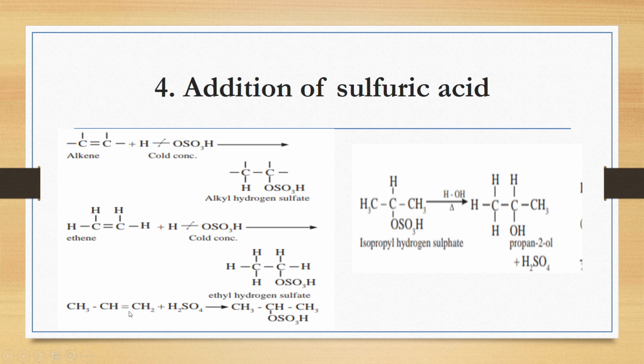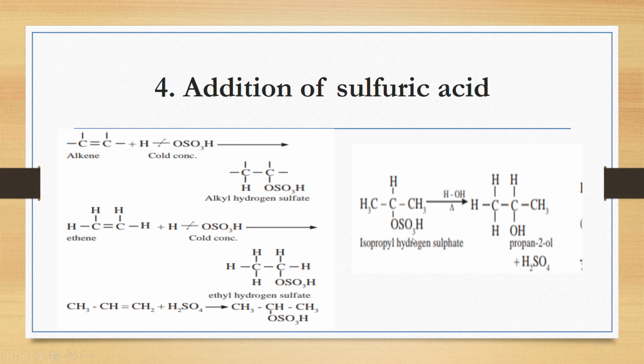So whenever you come across unsymmetrical alkene, and you are adding unsymmetrical reagent, you will have to think about Markovnikov's rule. So now you can see here the double bond is present between these two carbon atoms. The middle carbon has one hydrogen, terminal one has two hydrogen atoms with it. So negative part, that is OSO3H part, will go to the carbon having less number of hydrogen, that is at the middle position, and isopropyl hydrogen sulfate will get formed over here.